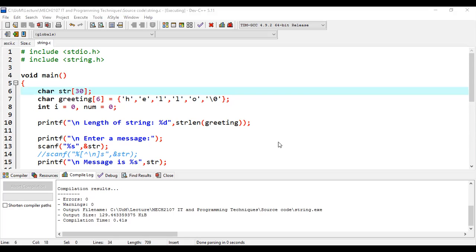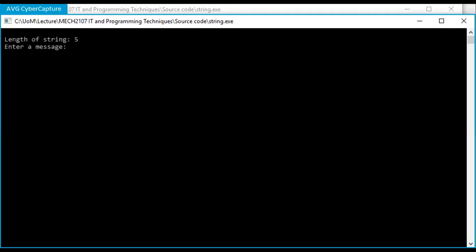Compile. Yeah, so it's saying length of string is 5. You can see here, I'm just going to share the upper screen with you. This is what we get. Length of string is 5. Then the code continues, we're going to look at that in a few minutes. So length of string is 5. So if you look at our code back,